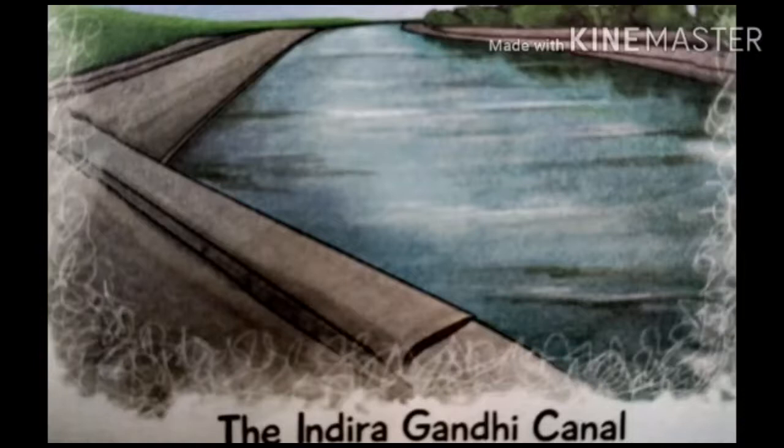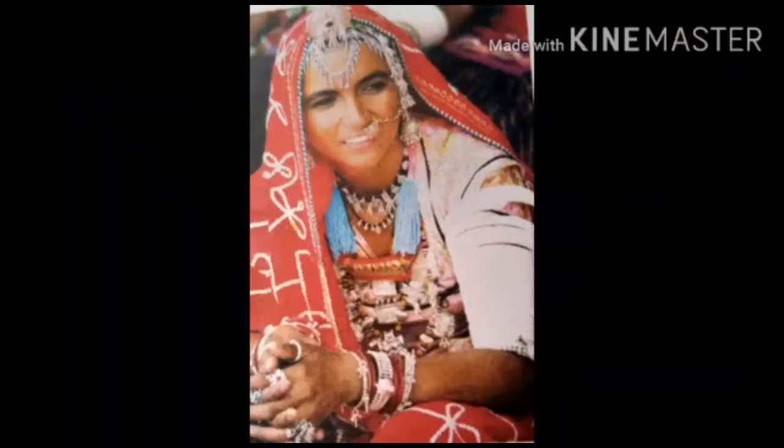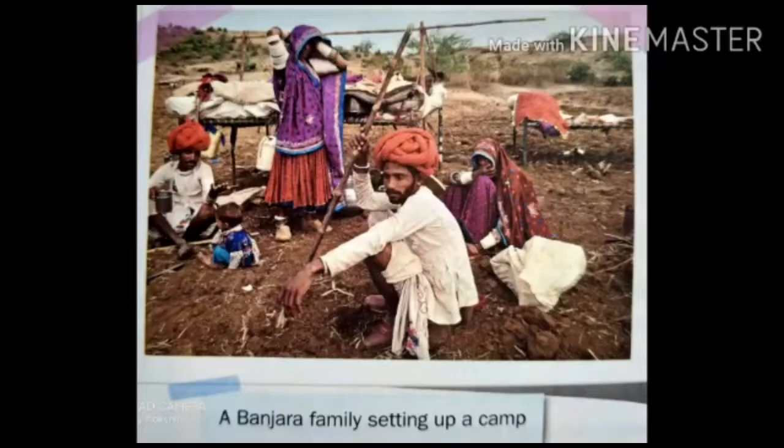Villages are situated around the oasis region. Women have to walk long distances to get water for domestic use. Life in the desert is very hard due to the dry sand and lack of water. Only a few crops are grown in the desert area. Some people travel from one place to another in search of food for themselves and their animals. Such people are called banjaras or nomads.